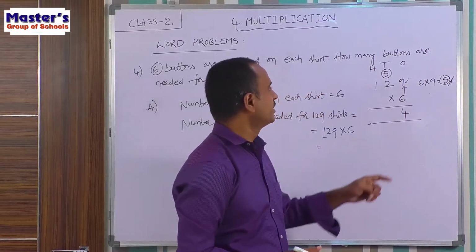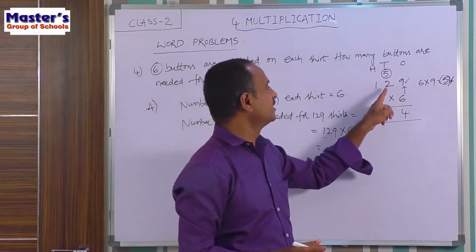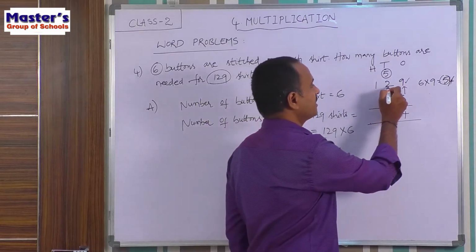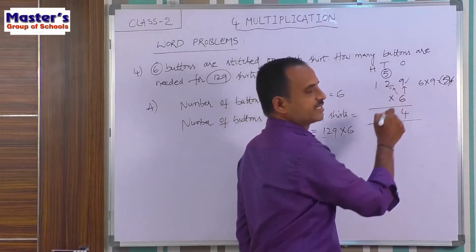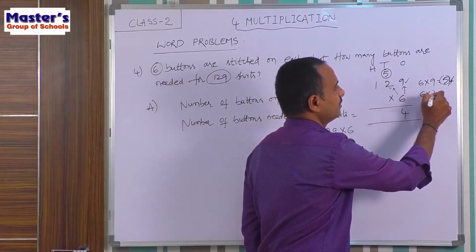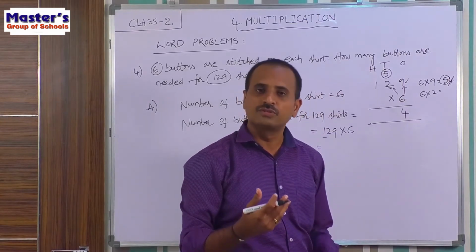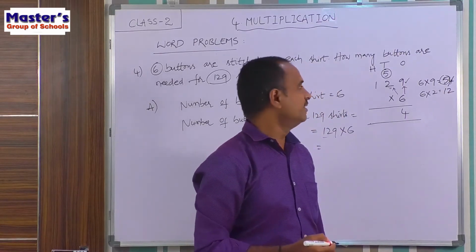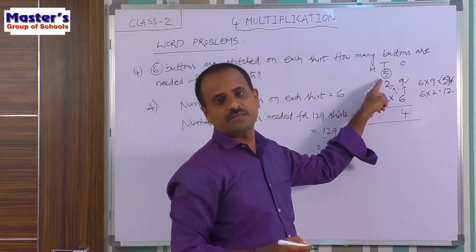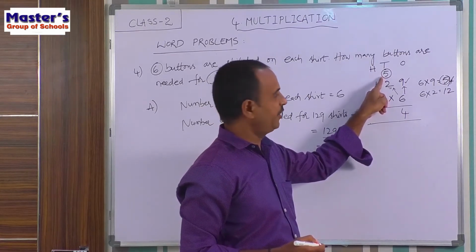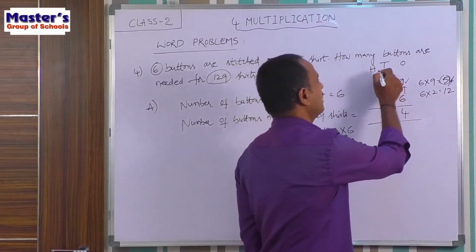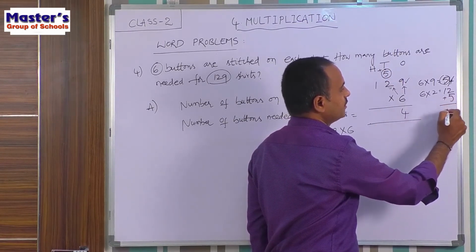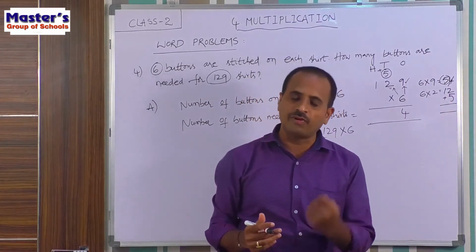Now continue multiplication with the tens place. Multiply the digit present in tens place with 6. Which digit is present in tens place? 2 is present in tens place. So multiply 2 with 6, that is 6 into 2. Children, how much are 6 2s? 6 2s are 12. Here 12 is a 2-digit number and there is a carried number 5 in the tens place. Add that carried number 5 to the product, so add 5 to 12. How much will you get if you add 5 to 12?